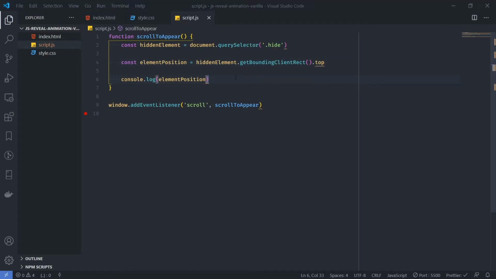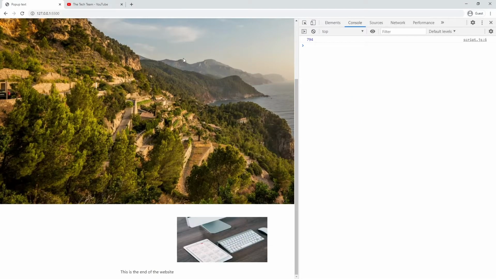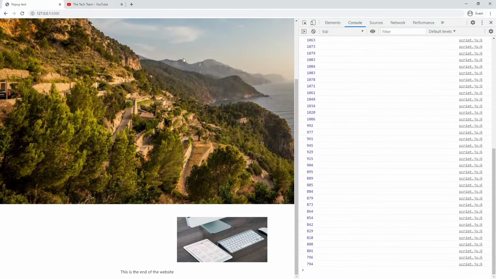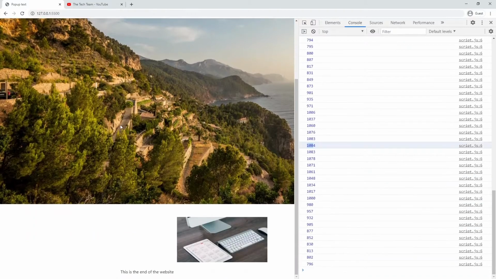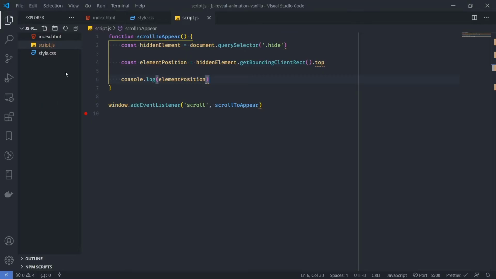Save that, come back to our window and reload. As you can see, we're now increasing and decreasing the position that we are away from the top. So right now we are 1084 pixels away from the top. Let's scroll down to the bottom. We are now 794 pixels away from the top. Great. Now we need to